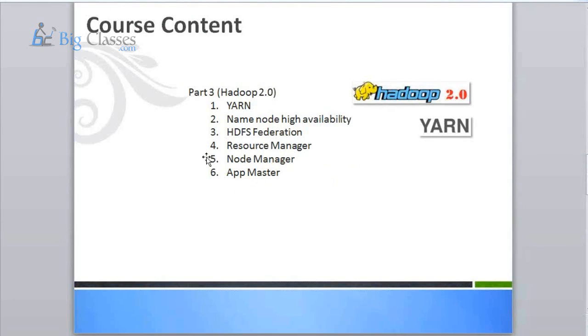The third one is Hadoop 2.0, the next evolutionary step for Hadoop. This is where much of the production systems are now moving. The earlier one is to get a feel of Hadoop, but this is the one you should hang on to. Much of the production Hadoop deployments are now moving to Hadoop 2.0. So you should get a good understanding of the various improvements that happened in Hadoop 2.0,